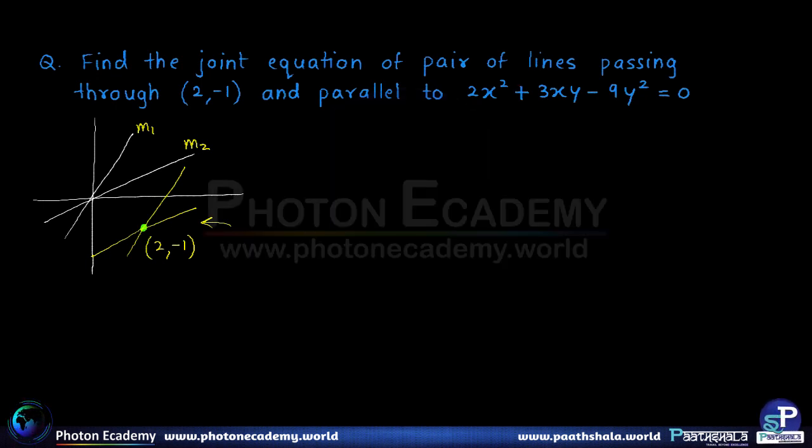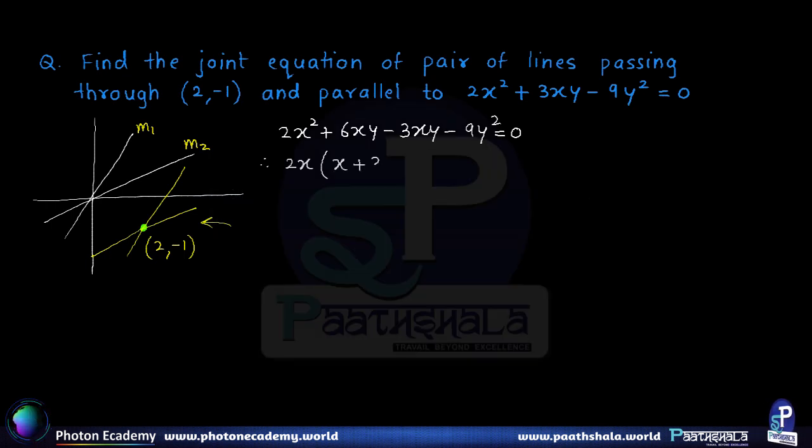So therefore on simplifying we get 2x square plus 6xy minus 3xy minus 9y square equal to 0. So therefore taking 2x common, we have x plus 3y, and taking minus 3y common, we have once again x plus 3y